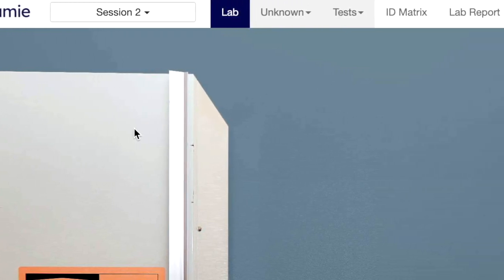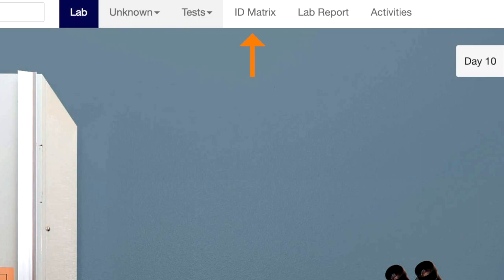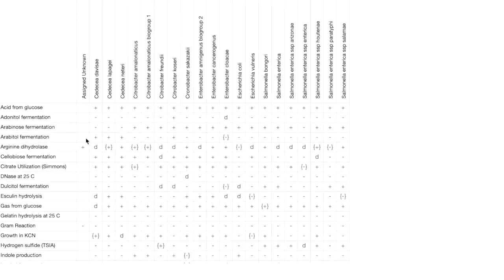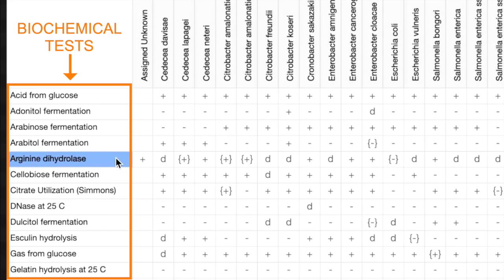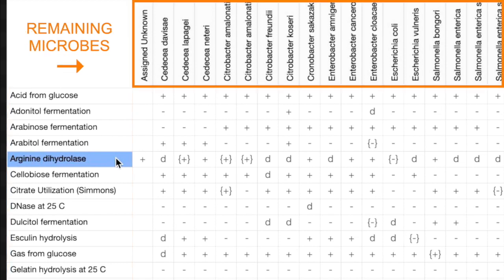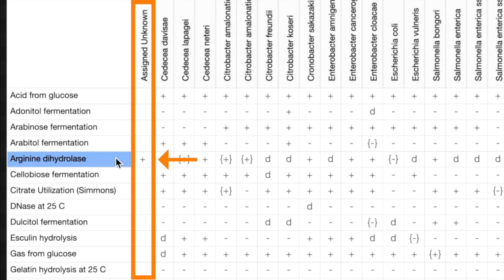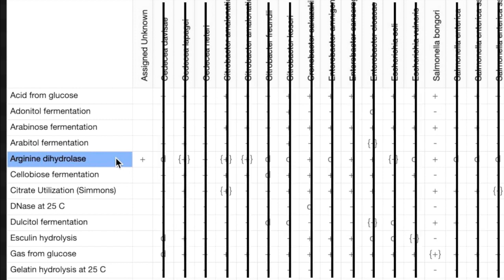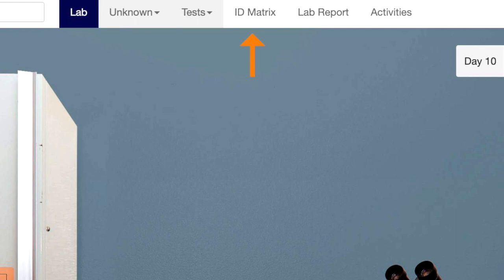ID Matrix. There are 124 microbes and over 50 tests included in the virtual lab. Figuring out which tests to do for identifying a microbe is accomplished by comparing the results from a biochemical test with the known results for all 124 microbes. When a positive result for test A is recorded, all microbes with a negative result for test A are eliminated from the matrix. As you do tests, the number of microbes still possible is reduced, until only a single microbe remains, your unknown. You can click on this link to see where your ID process stands and determine which test to do next. Right now, the link is not active because no unknown microbe has been loaded into the system.